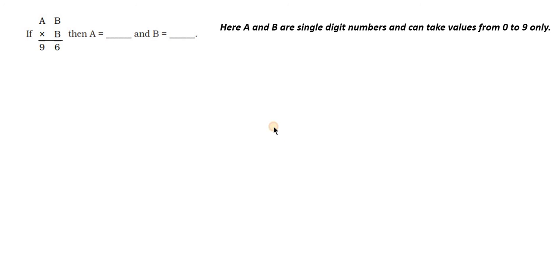And here we are taking the unit place digit of the multiplier, the multiplicand and the product. So it is B into B equal to 6. So we will have to find B. For what values of B will you be getting in the unit place in the product as 6, and B is multiplied by itself. The unit place is B into B. So what could be the possibilities? B multiplied by B equal to 6.